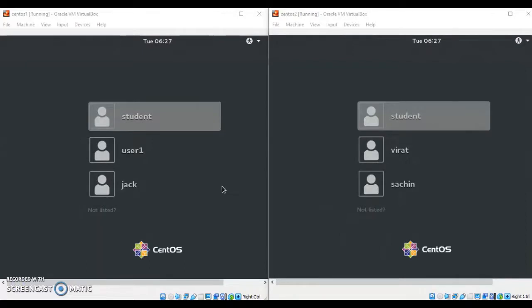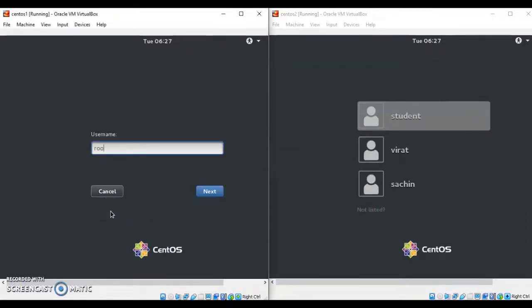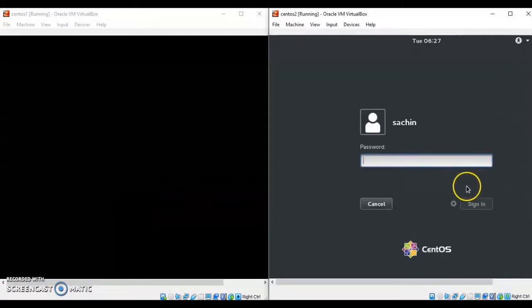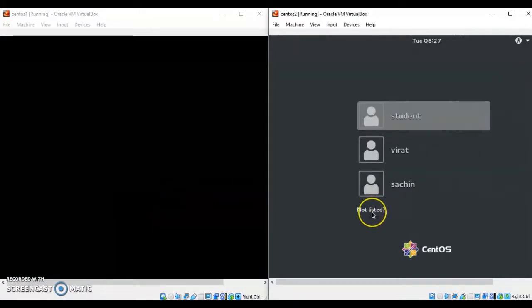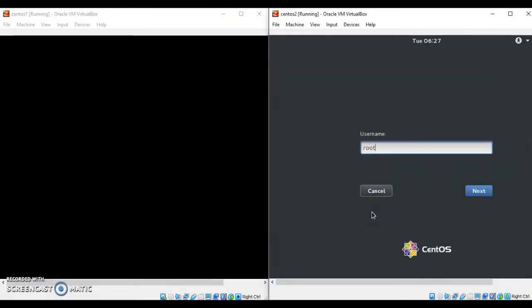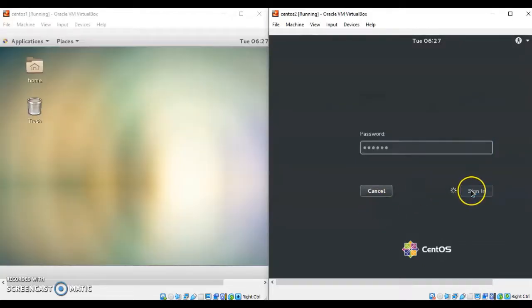Now both the machines have booted. Let us log in with the root user and check for the IP address. Similarly, on the second machine as well, you can switch to the root user and check for the IP addresses that you have assigned.